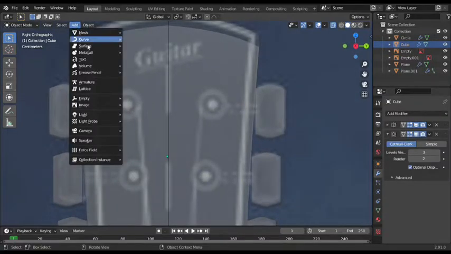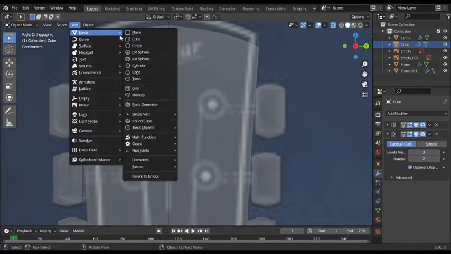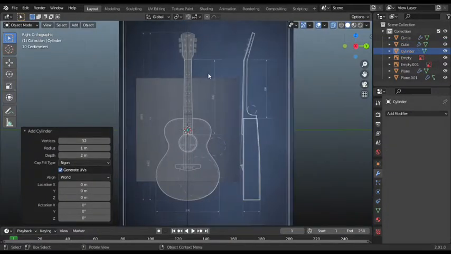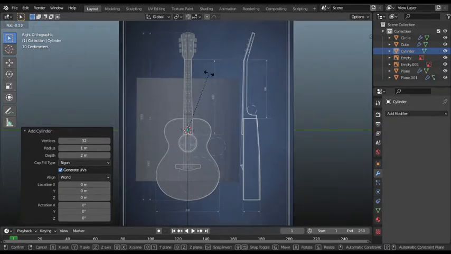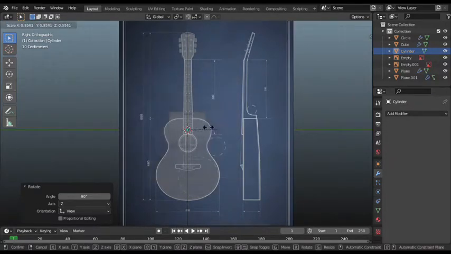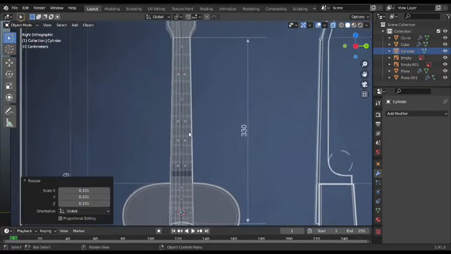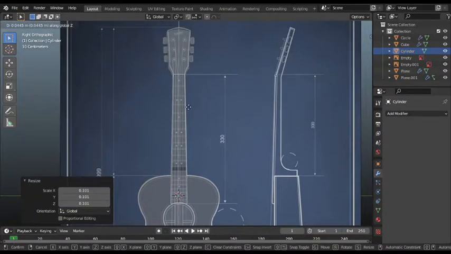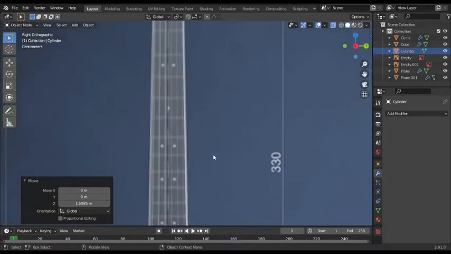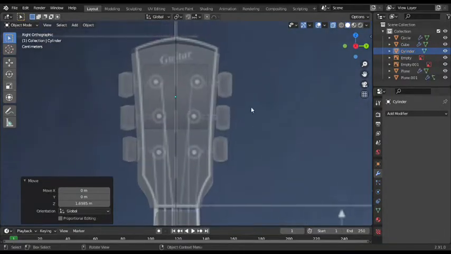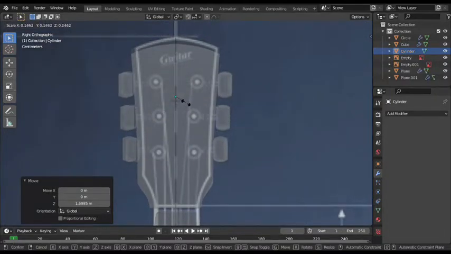I'll add in a cylinder this time, mesh cylinder. I'll rotate it about 90 degrees, yeah, and scale it down. G Z up, scale it more,